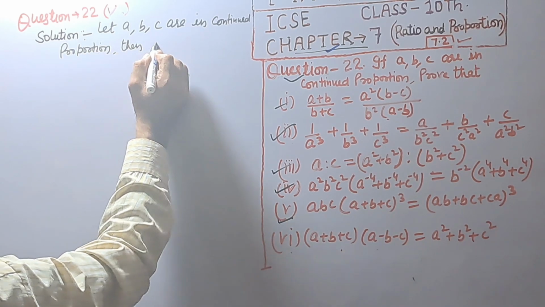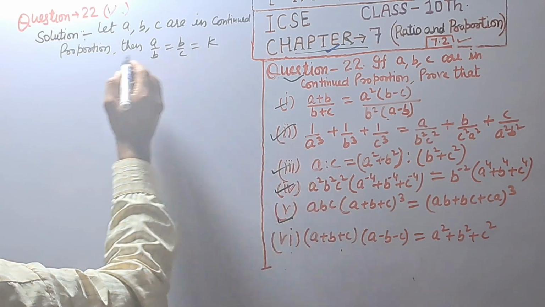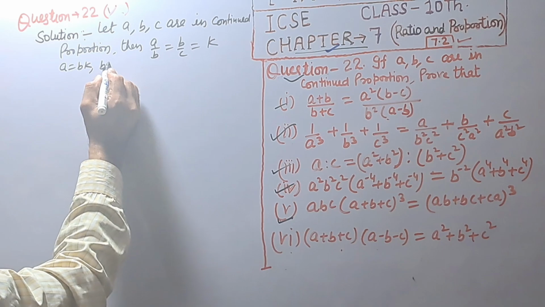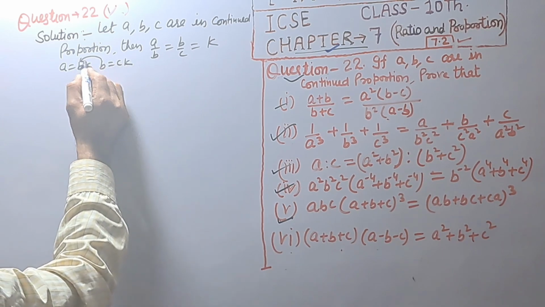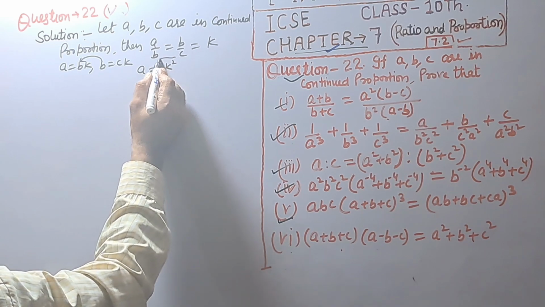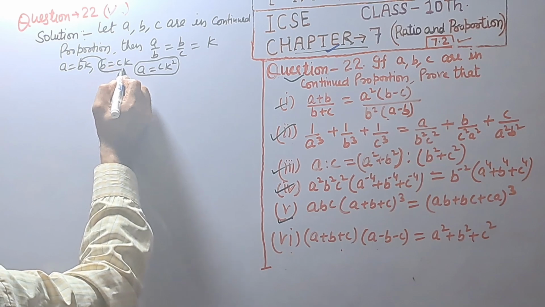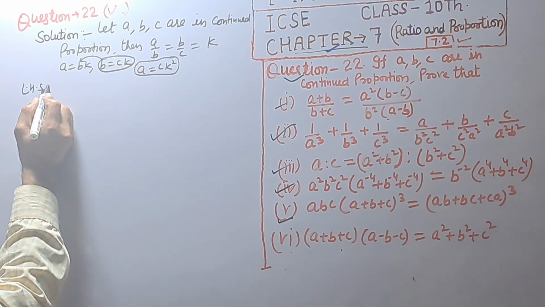Then a upon b equal to b upon c equal to k. A is equal to bk and b is equal to ck. We are putting b in here, then a will be ck raised to power 2. Left hand side is equal to